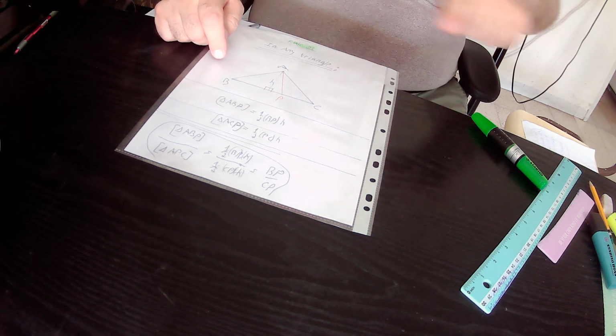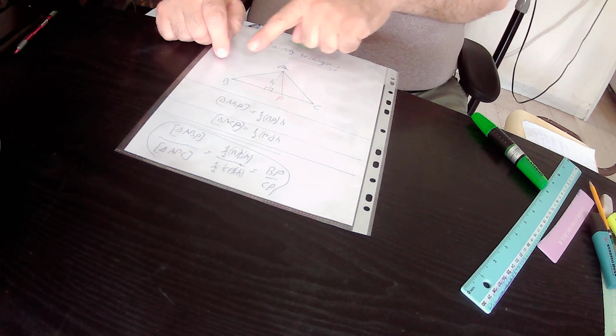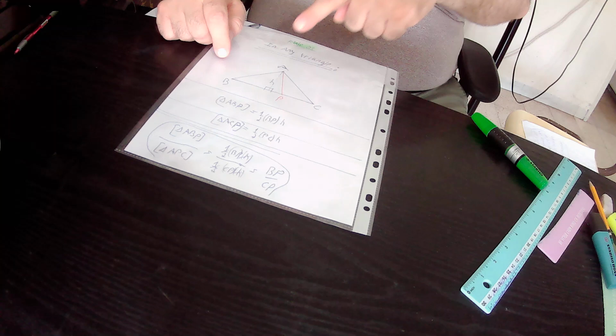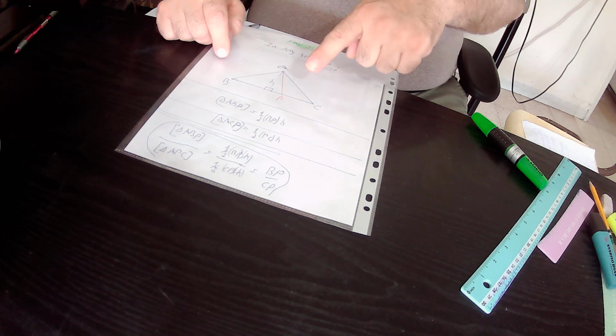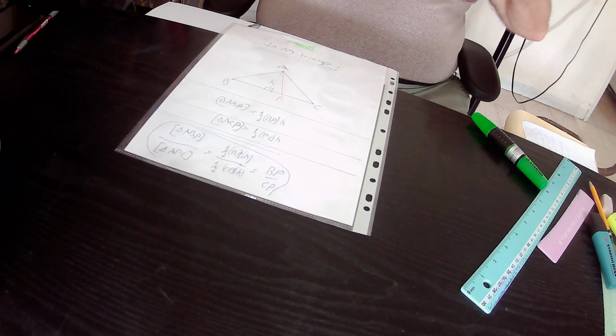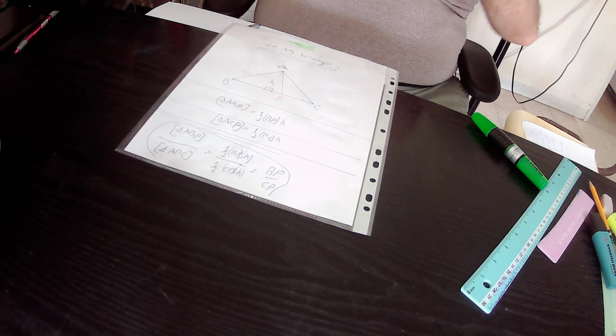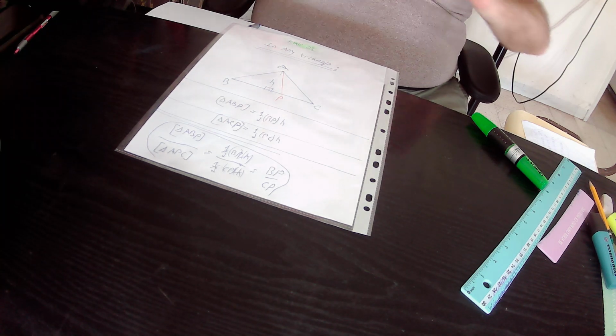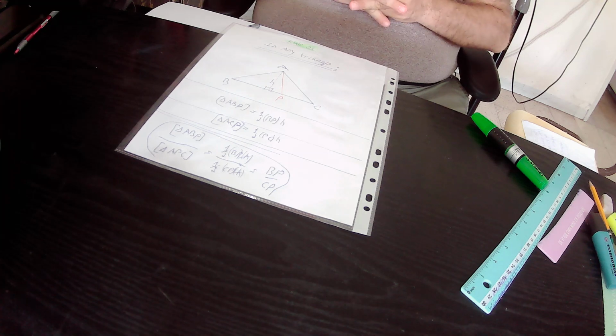Why is it equal to the ratio between their bases? Because BP is the base of triangle ABP and PC is the base of triangle APC. So the ratio between the areas of the small triangles is equal to the ratio of their corresponding bases. So we can implement Rule 23 in our drawing. Why? Because in our drawing,